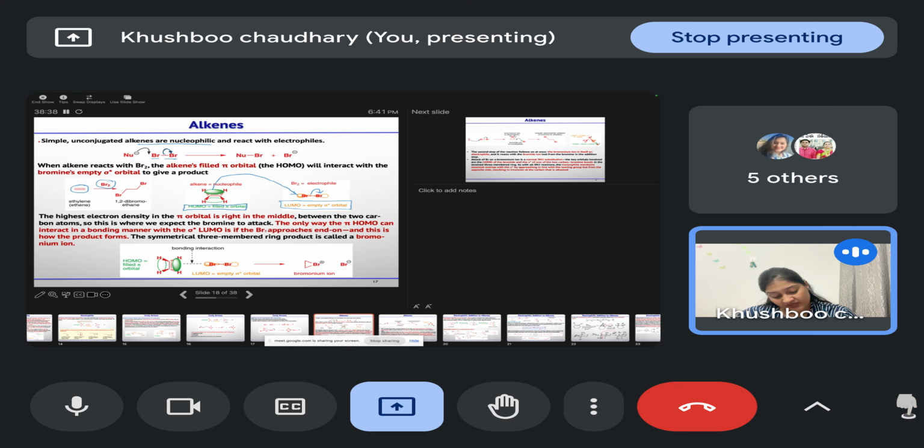Then once the carbocation is generated, if this alkene reacts with one of the bromines, positive charge will come at the center where electrons are moved towards the other carbon. Then the bromide ion that is released in this process will react with that carbocation carbon and lead to the formation of 1,2-dibromoethane. So if we see the bigger picture, what happened in this reaction? The bromine molecule gets added to the alkene.